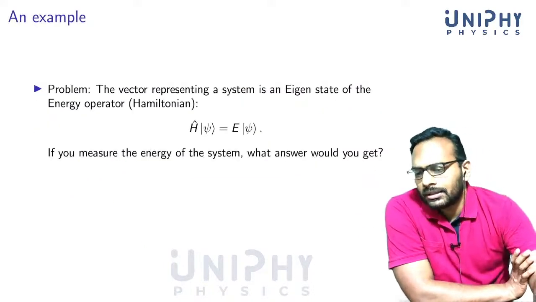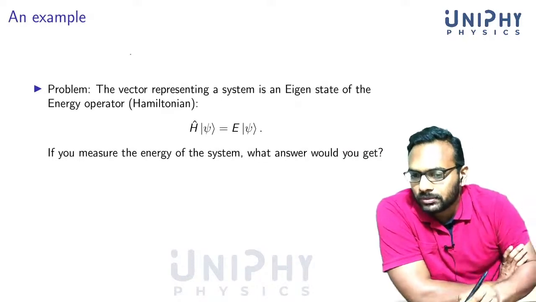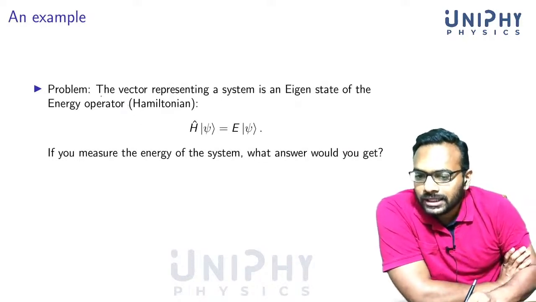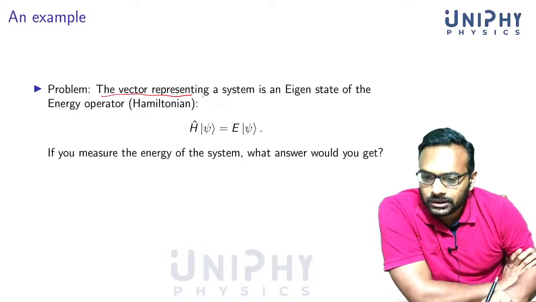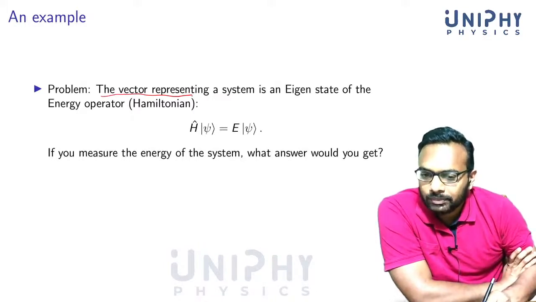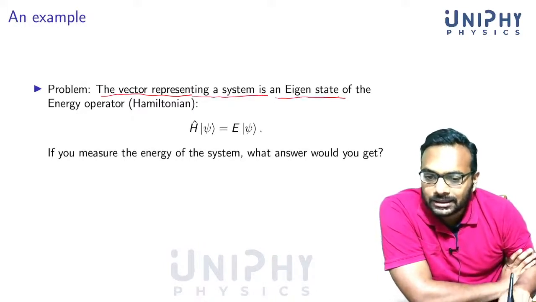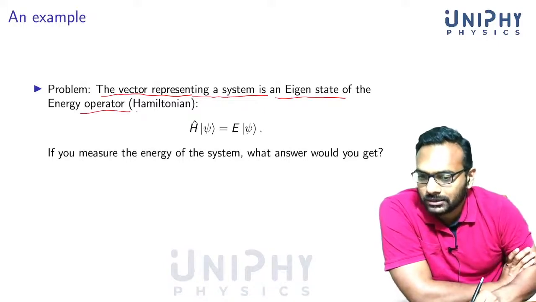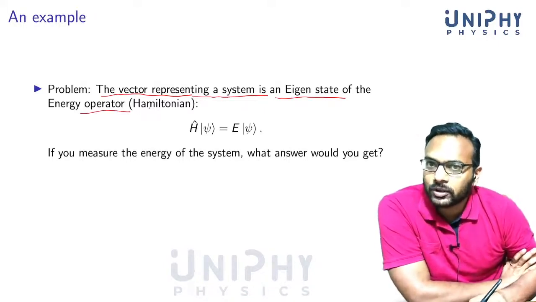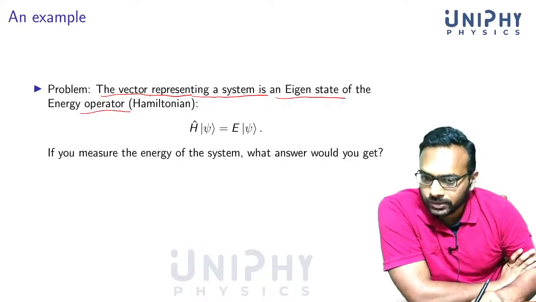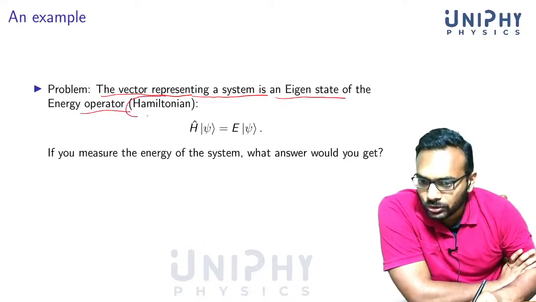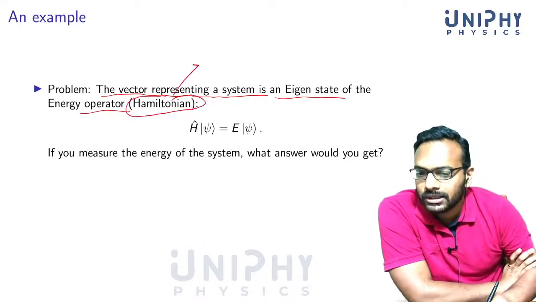All right. So you can imagine this is a problem. Let's do a small problem. Okay, this is the problem. The vector representing the state vector, or the vector in linear vector space representing a system, is an eigenstate of the energy operator. Okay, so we said that corresponding to every observable there is a Hermitian operator, and the Hermitian operator corresponding to energy is often called